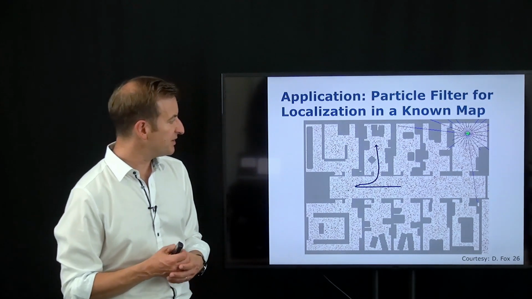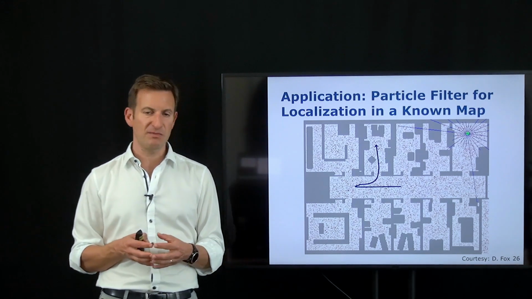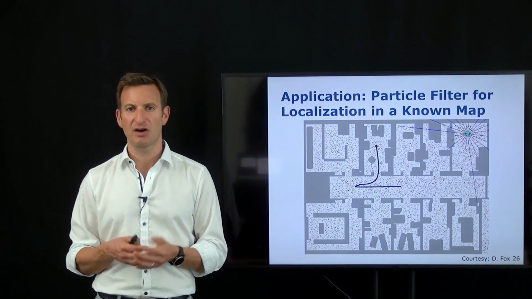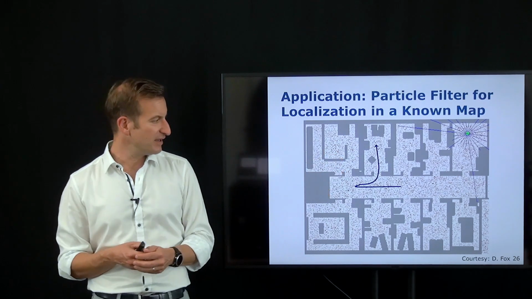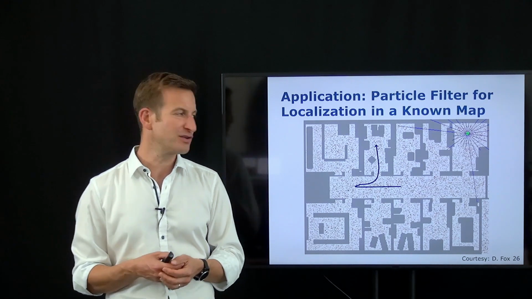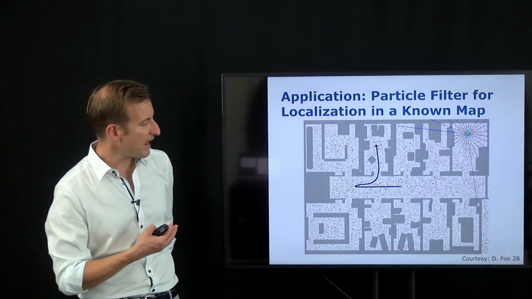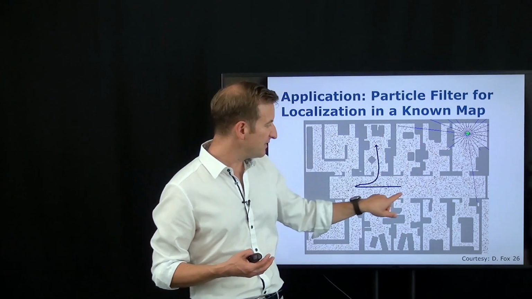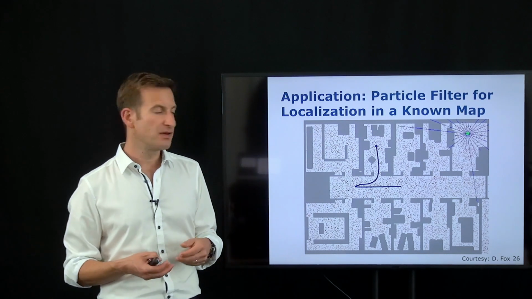This is an animation done by Dieter Fox of a mobile robot navigating in an environment. And this is actually a technique that has been developed a bit more than 20 years ago with substantial contributions from the University of Bonn. So what you see here is a floor plan of an old building in Bonn, a building which has probably been taken down or will be taken down soon, the old computer science building before they moved here on campus. And this was a corridor environment, and you can see this was the actual trajectory that the robot will take, and you will see the animation in a few seconds, how the robot moves through the environment.